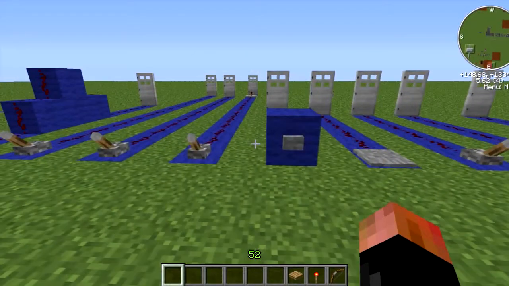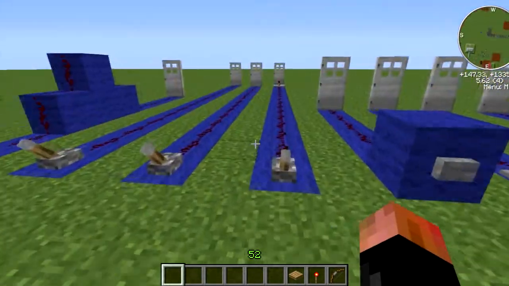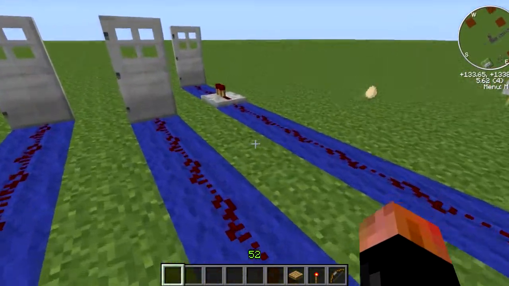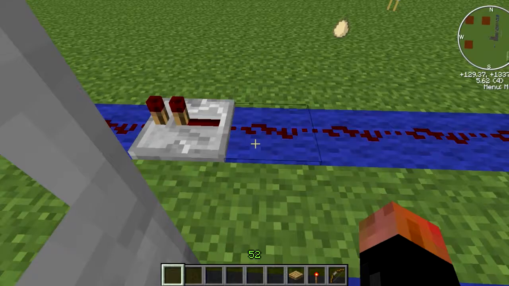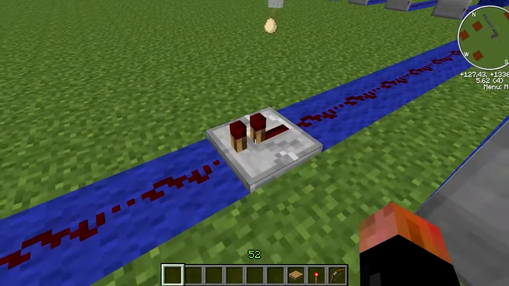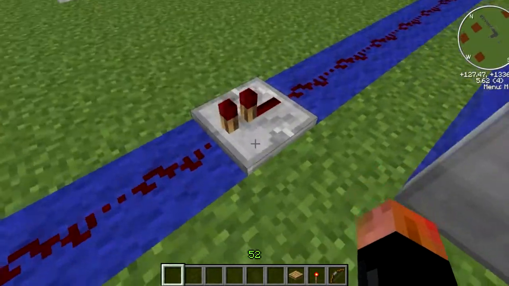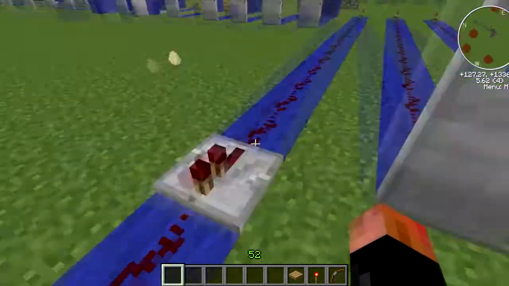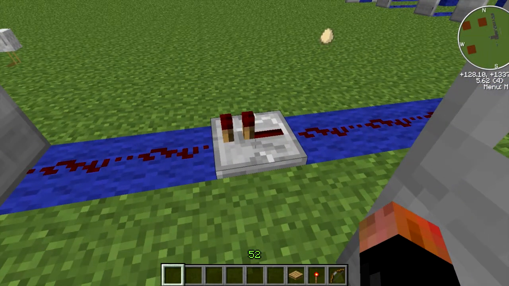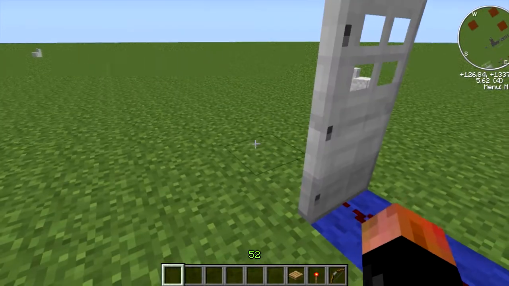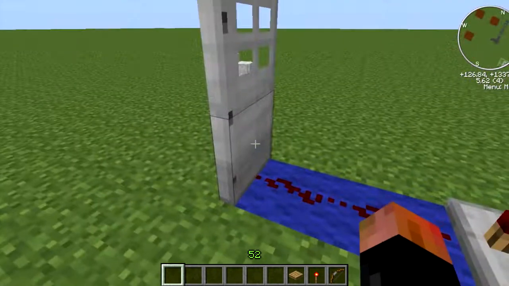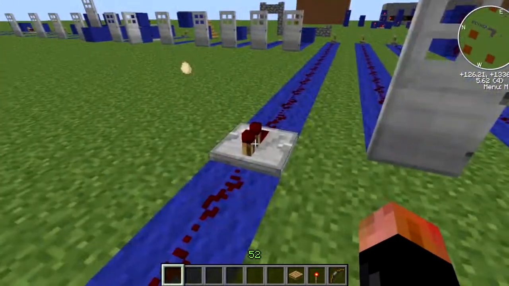Now I'm going to go into the repeater functions. As you can tell here, this only goes 15 blocks. How could it possibly go farther than 15 blocks? Well, that is what the repeater's for. Now the repeater can do one of two things, basic function wise. It can extend your redstone signal strength another 15 blocks until you have to use another repeater, and it can